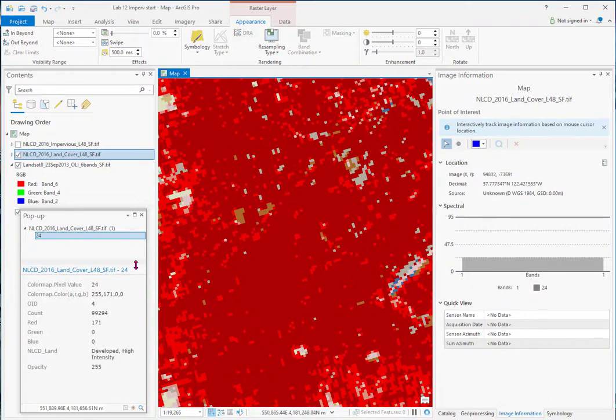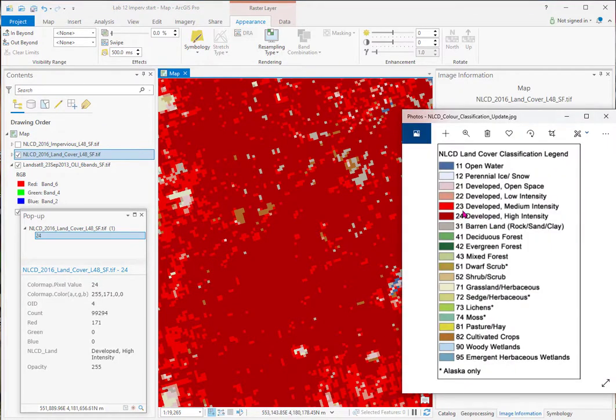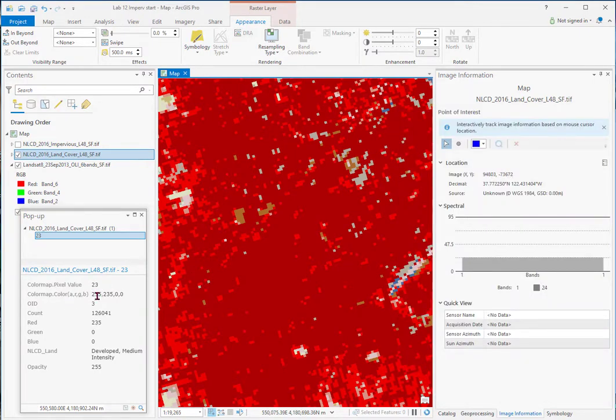I'll go over to the deep red. 24, developed high intensity. And so as I click around, I not only get the name here, developed medium intensity, but I get the colors that I can use to reproduce this in another system. So I've got red, green, blue, what makes this color, and how many pixels there are of this class in